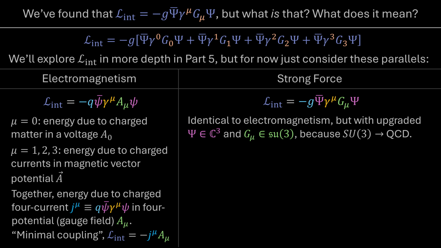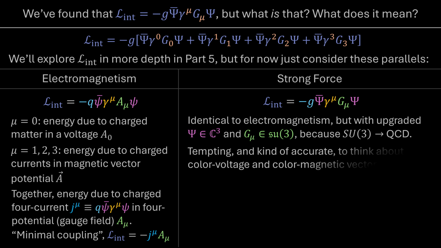And that's something we'll see over and over again, which is that the strong force is so incredibly identical to electromagnetism, but with just the minimal difference being it's SU3 instead of U1, and a different strength of the coupling constant. But there are profound structural similarities between electromagnetism and the strong force. So then on the basis of those similarities, it becomes very tempting and actually kind of accurate to think about